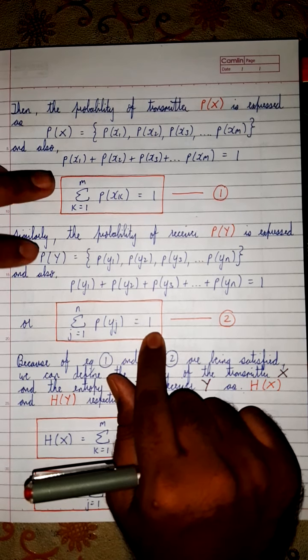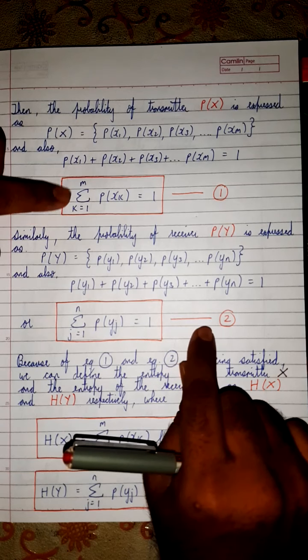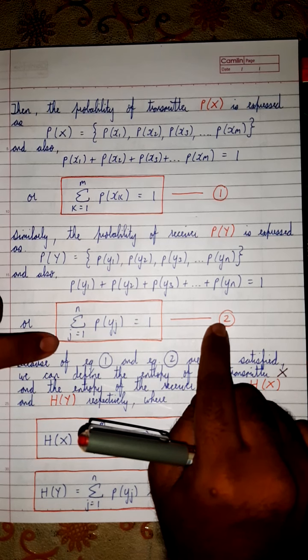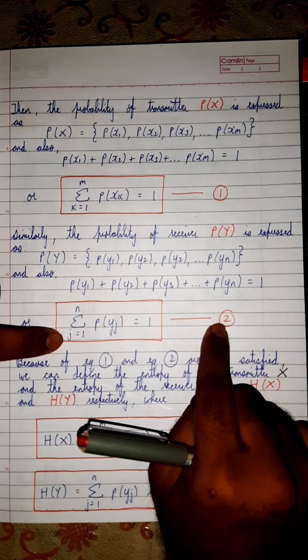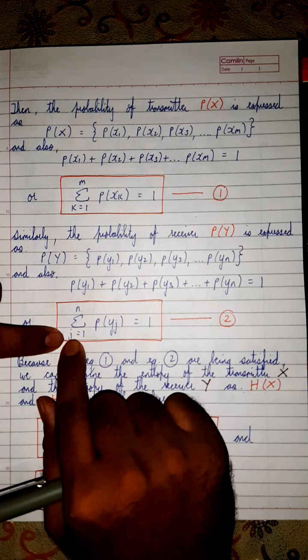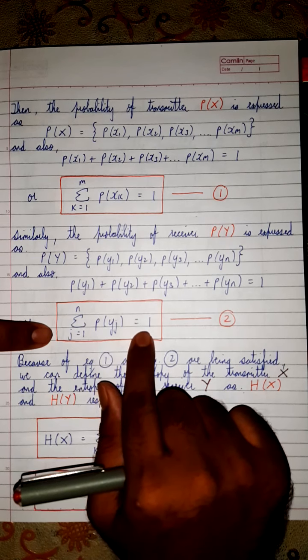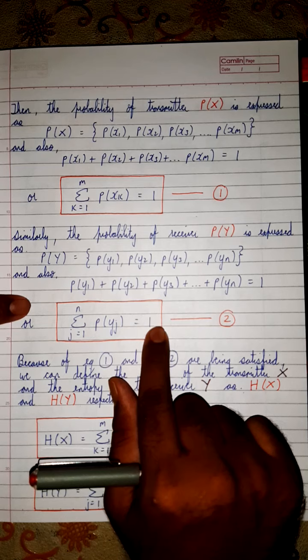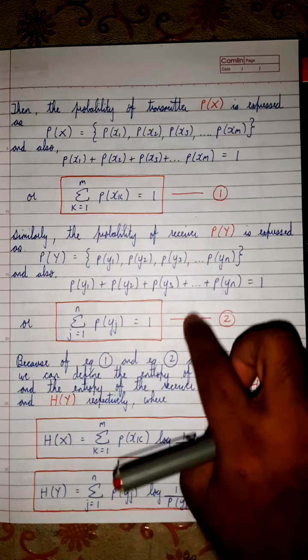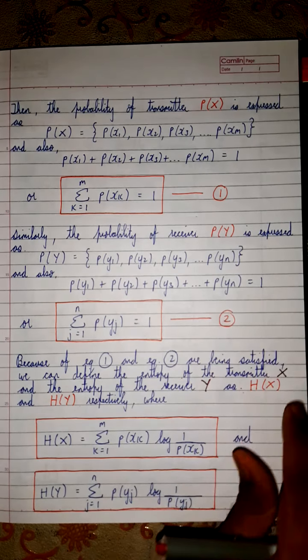Now compare these two equations. Here it is k equal to 1 to m, and here it is j equal to 1 to n. I'm using a different variable over here: j equal to 1 to n, P of yj is equal to 1. Because these two equations are now being satisfied,